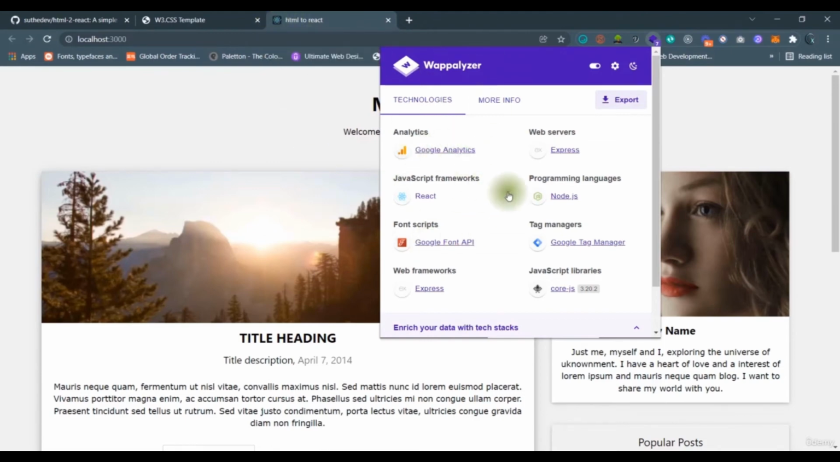And here we can see we have React in JavaScript frameworks, programming language is Node.js, and all the cool stuff